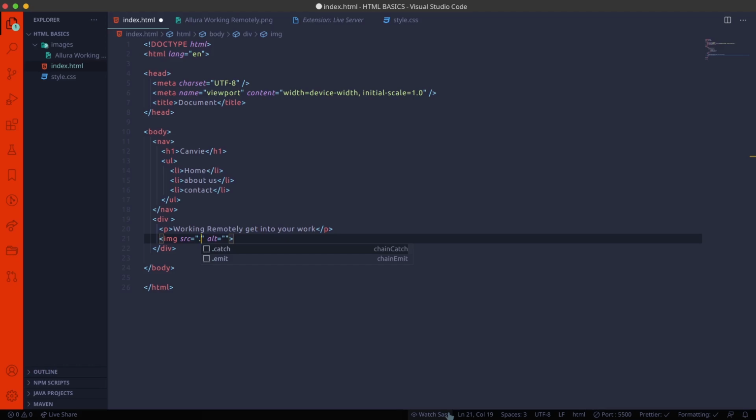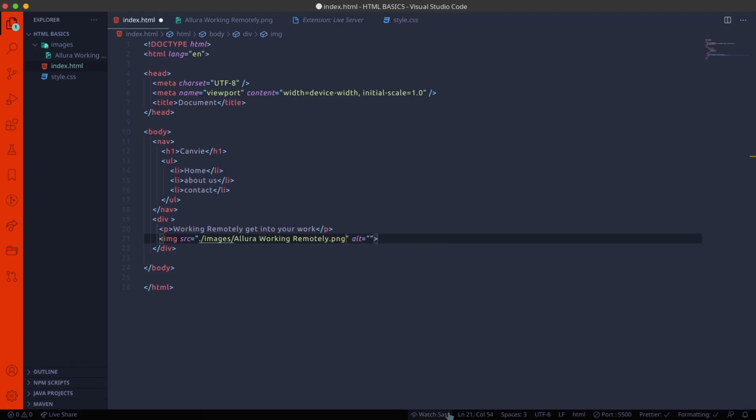So here we have to choose the image in the images folder. In order to do that, we have to type ./images.